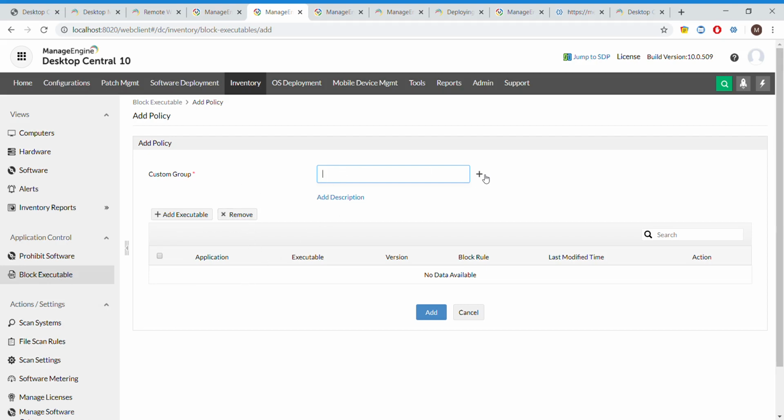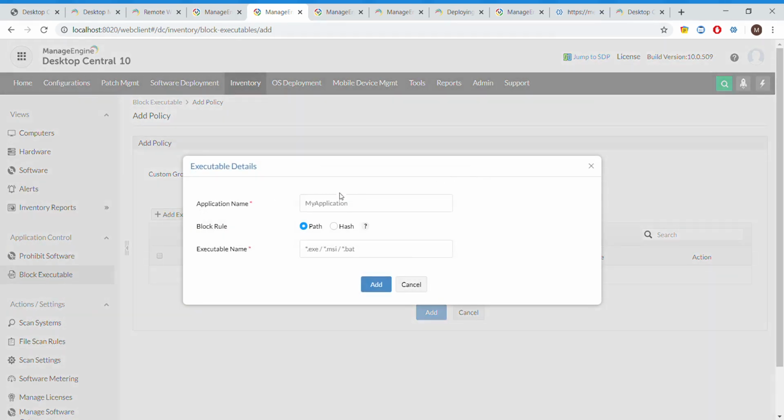So I can choose any group, users, I can choose from here based upon that. So I haven't configured anything, so I'm not able to show you an example. So yeah, in this case, when I click on add executable, I can actually list the application name